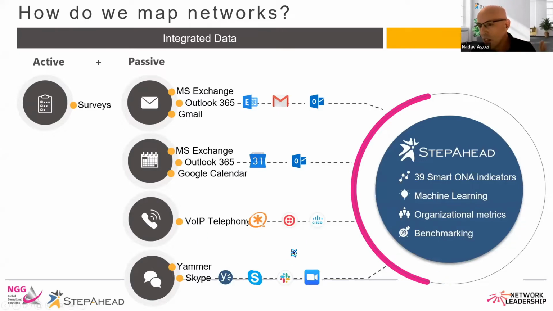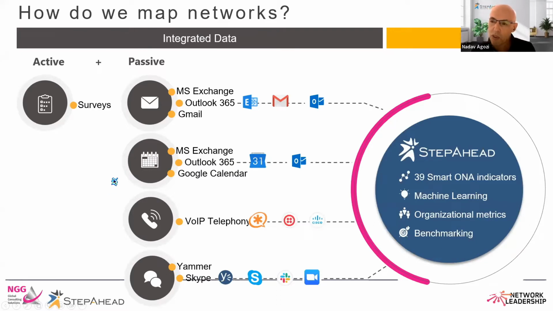One thing that I think comes to mind immediately is how do we map networks? Where's the data coming from? Stanley Milgram just sent some postcards. That's a nice way to do that, but of course it wouldn't work today. So organizational network analysis has some methods. One is called active ONA, which means using surveys to ask questions. Do you know Stanley Milgram? Do you know Yuval? Do I know Jack? Do I know Neely? Do I work with them?